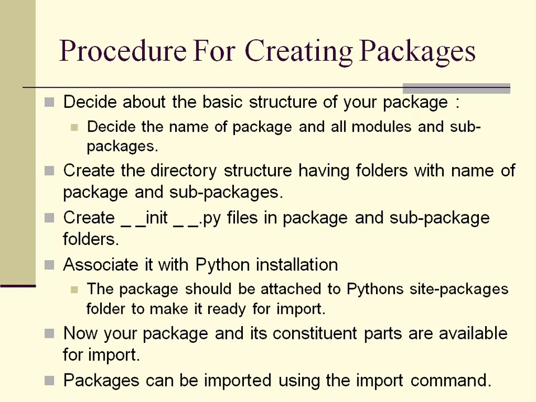That dunder init dunder.py file will be placed in those packages and sub packages, because you know that without this file those folders will not be treated as packages or sub packages, they will be treated as simple folders. So first you create folders, inside you create subfolders, then inside those subfolders you place your modules. Inside those module Python files you will be having various functions related to that module, and after that you will create the dunder init dunder.py file. It can be empty, and just copy paste it in all those packages and sub packages. It is the basic requirement of a package and sub package.